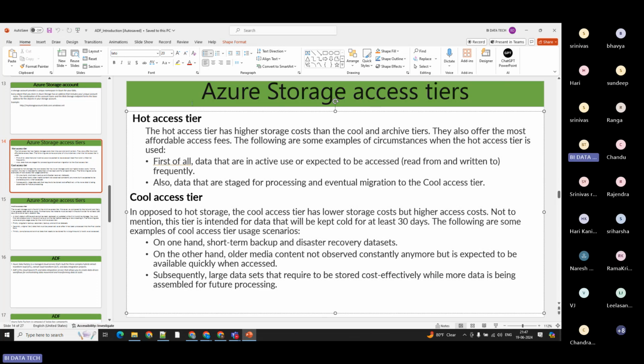Okay, so for that I need to use hot tier. Coming to the cool, as opposed to the hot storage, it is quite the opposite of hot storage. The cool access tier has lower storage cost, a bit higher access cost. Of course, to access that one,